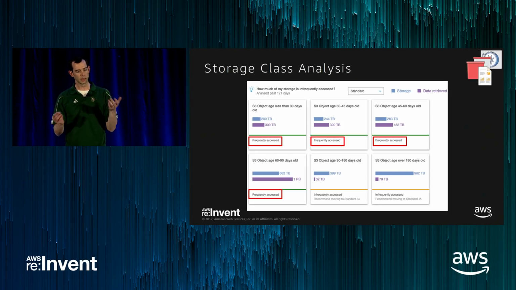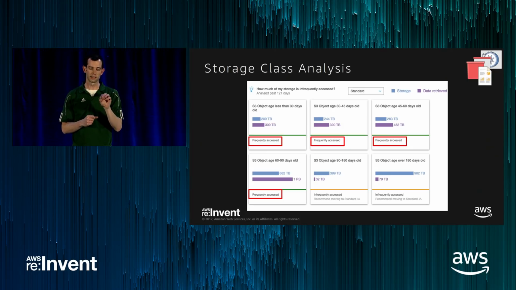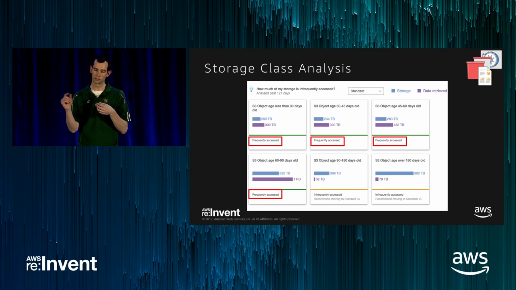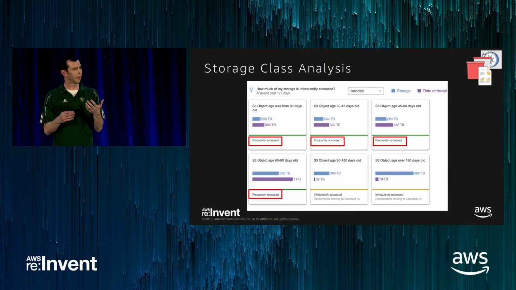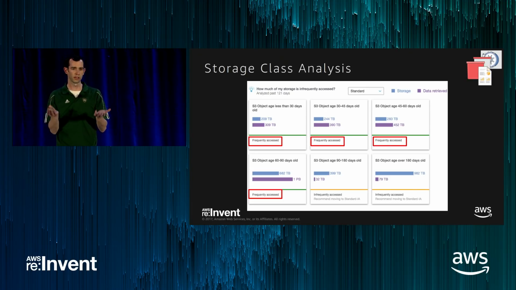If you look at that less than 30 days, so this is in the top left, it's classified as frequently accessed because as you see in purple there, I'm retrieving about 300 terabytes of storage, but I only have 200 terabytes stored. So it's about 150% retrieval versus the storage. If 100% is where I'm indifferent between the two storage classes, standard or standard infrequent access, we're seeing a higher